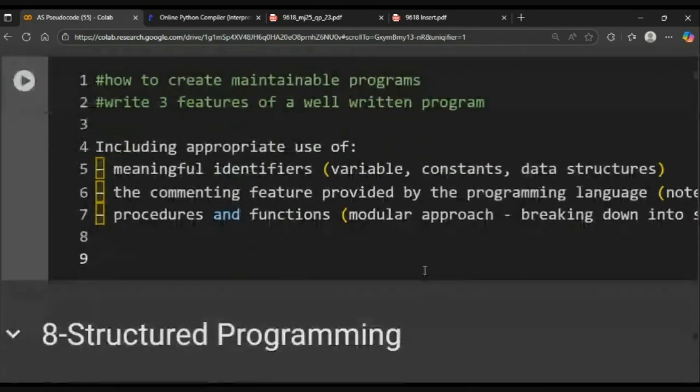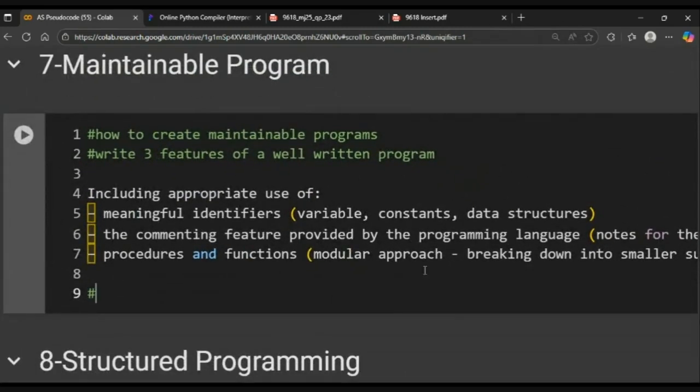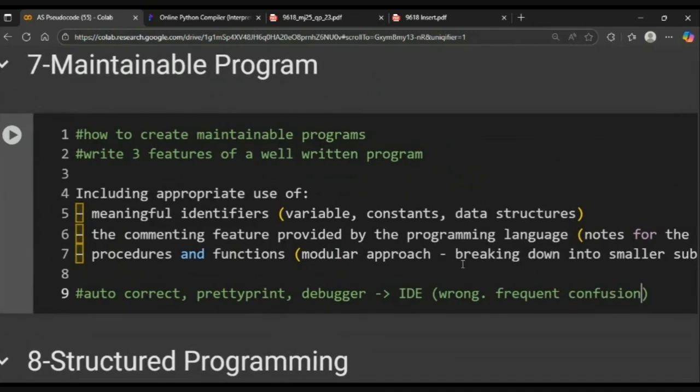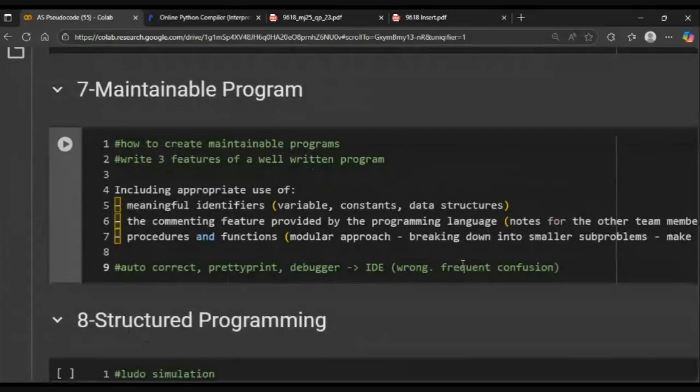अच्छा, इसमें there is a very common mistake when the question says कि maintainable program का बताना है. Students end up writing about autocorrect, pretty print, and then debugger. So these are the features of an IDE. जैसे PyCharm हम लोग use करते हैं, ये आगे आता है ये topic ना, तो उससे आपने confuse नहीं करना. This is all wrong. This is a very often and frequent confusion. ठीक है, so maintainable program and IDE has nothing in common. It's just कि जब students ने memorize किया होता है without really knowing the logic, तो फिर इस तरह के